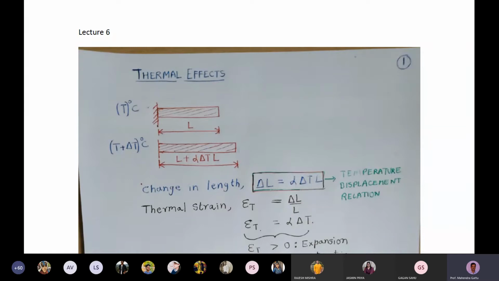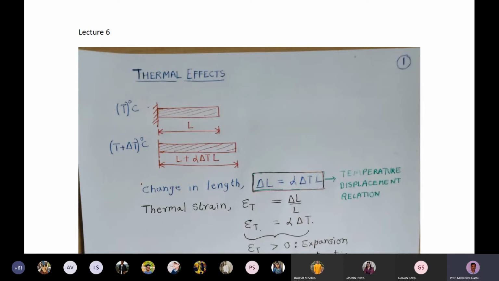In real life, the materials used in structures are subjected to variations in temperature. For example, you are on an aircraft and you are traveling. At the ground level, the temperature is like 30 degrees centigrade. After the aircraft takes off, with the increase in altitude, the temperature decreases. In the troposphere, the rate of change of temperature is 6.5 degrees centigrade per kilometer. Once you reach the higher altitudes and reach the stratosphere, the temperature starts to rise. So the components of the aircraft are subjected to these temperature changes.